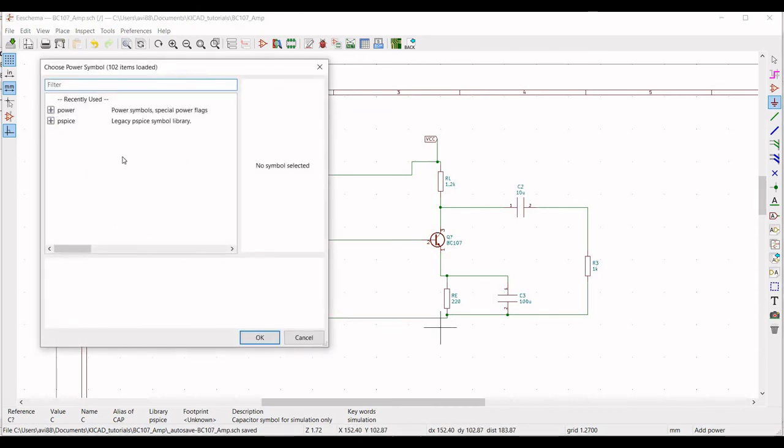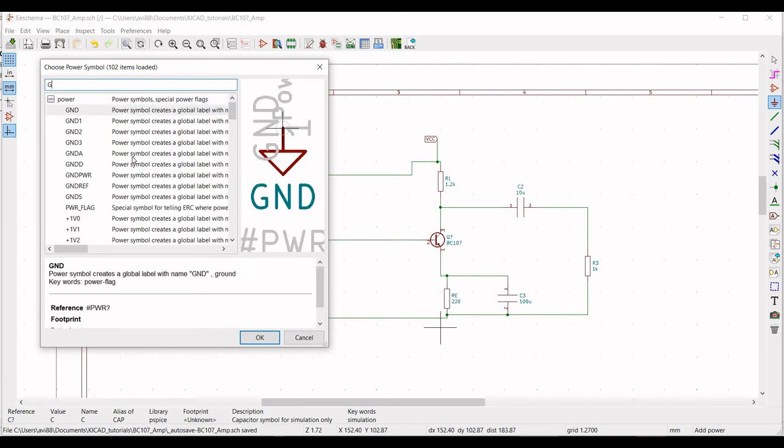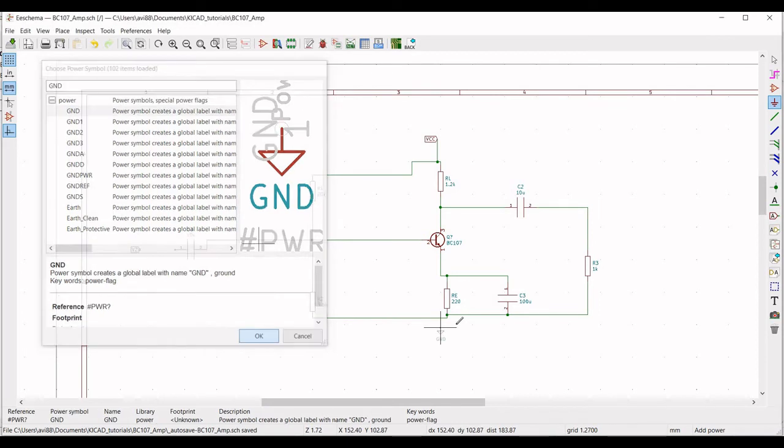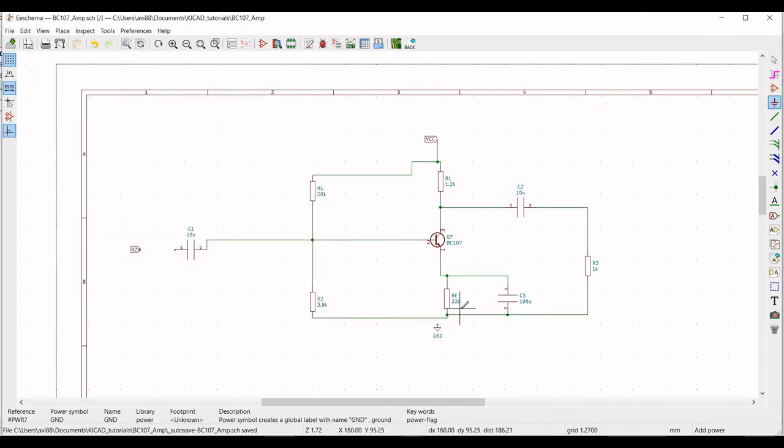Now click on the power source and we have to place the ground connection in the schematic. Select the ground pin and place this ground connection. Next, we must place the voltage source.